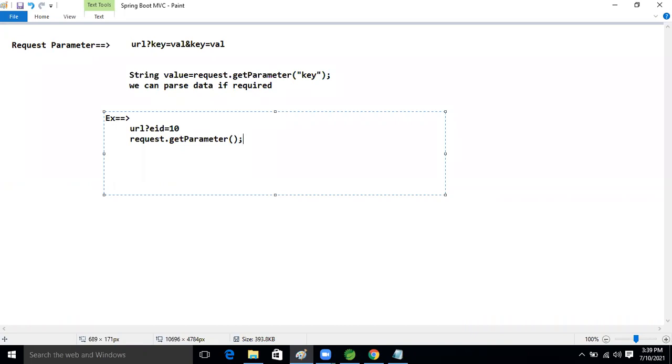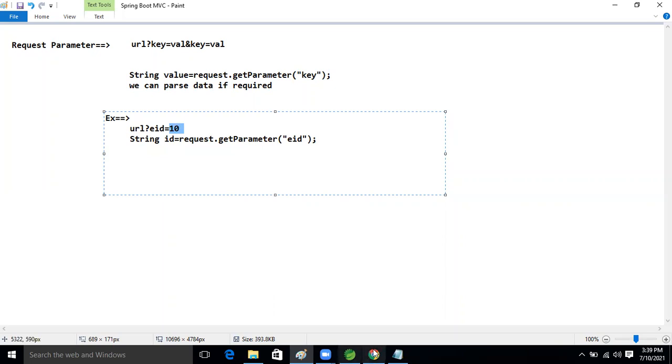After that, whatever we are sending in the URL, EID, right? So we are reading EID inside that servlet application, or not, guys? After that, we hold this ID in some variable, or not, guys? But this data is an integer.